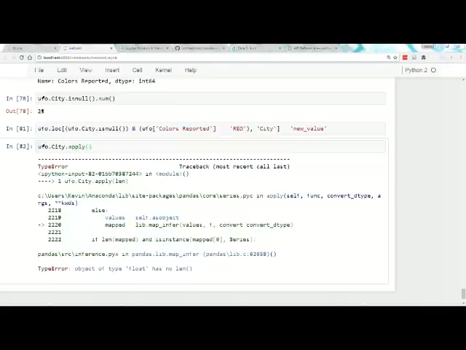ggplot, I have not played around with, but now that it's under active development once again, I am planning to try that out because I do enjoy ggplot in R. I really like ggplot in R. So I will probably learn ggplot in Python at some point and see how I like it there. But I can only imagine I will like it because I like how it works in R.